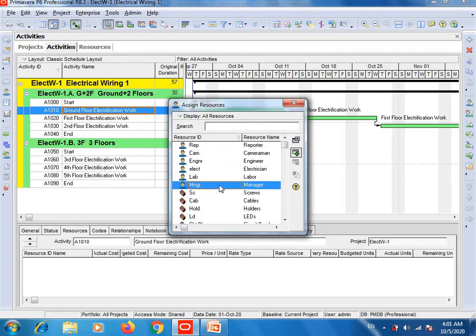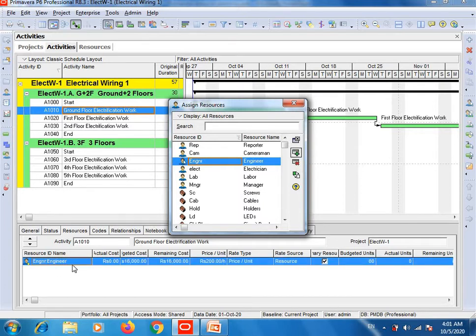Now you will add resources to this activity. In ground floor electrification work, definitely one engineer will be required. I select engineer and click on the assign icon.